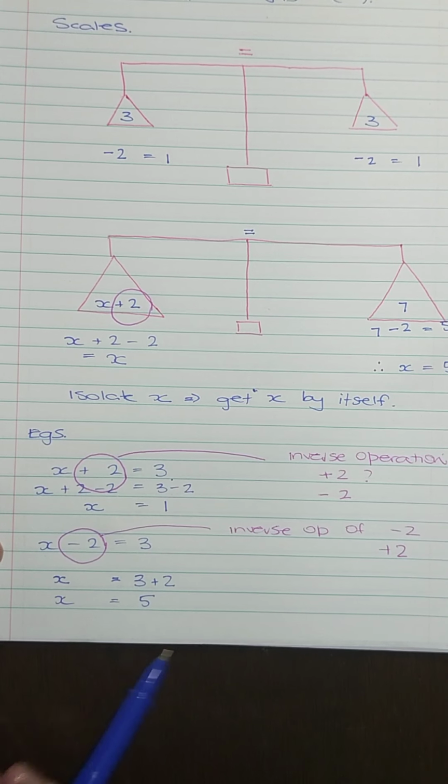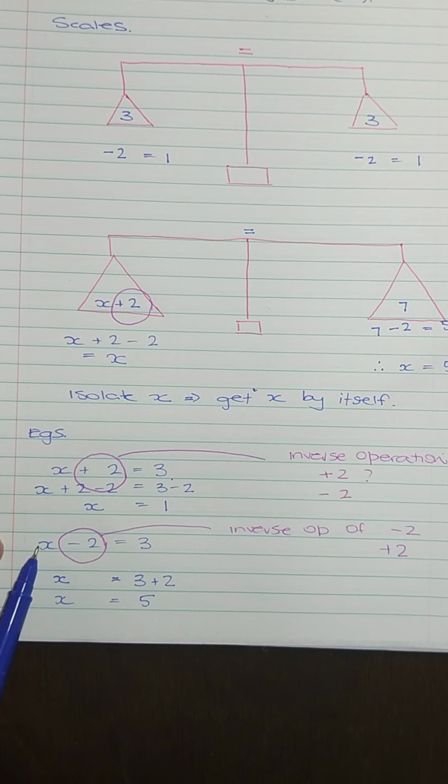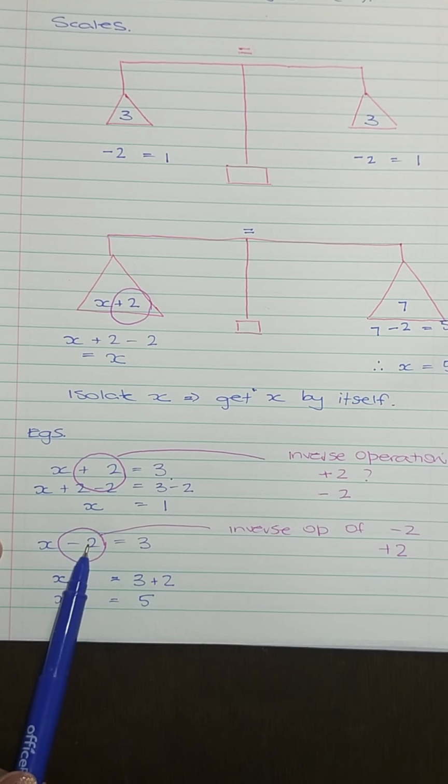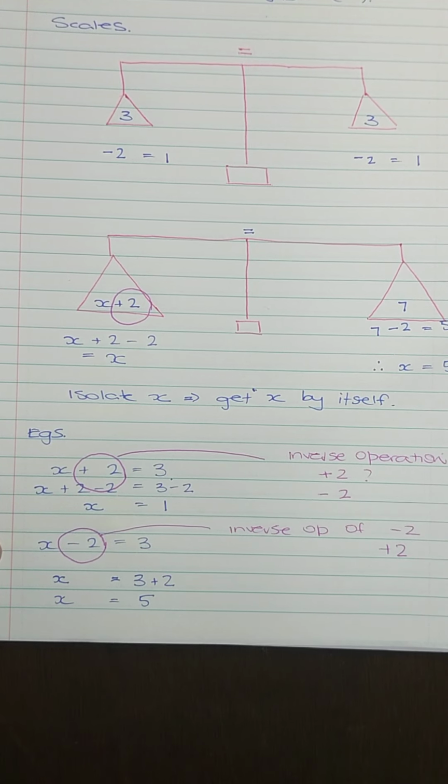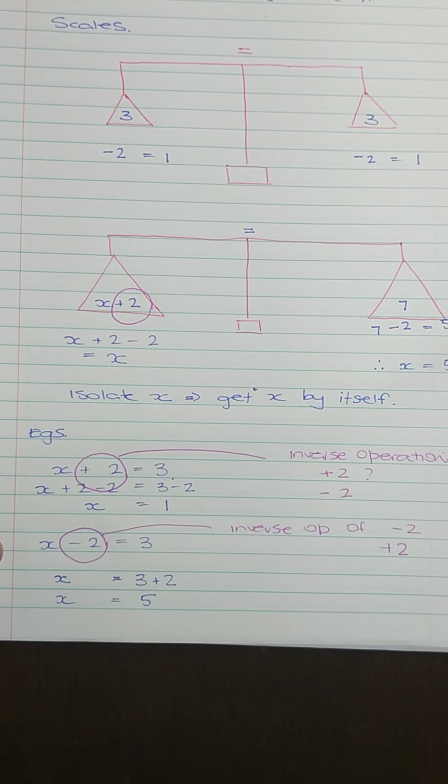Let's go back to the beginning here and check our answer. 5 minus 2 equals 3, so we know we've done the right thing. All right,